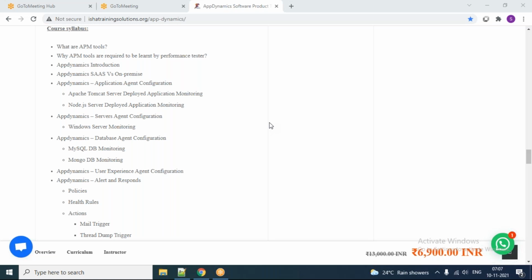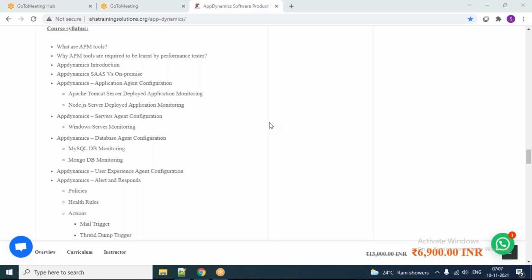Because I'll tell you one thing: sometimes even the customer will ask you, can you propose a tool for doing this activity? First of all, you should be confident enough to propose any tool, which means you should know all the features available in the APM tool. Then only you can propose any tool to the customer. So please feel free to ask questions and get the clarity. And I'll tell you one thing.